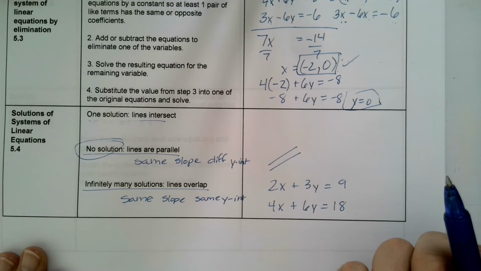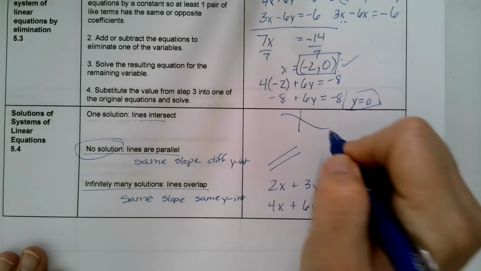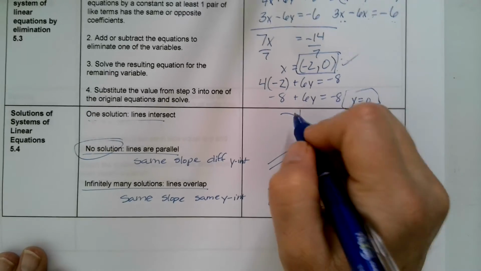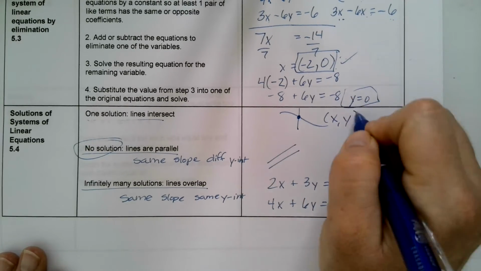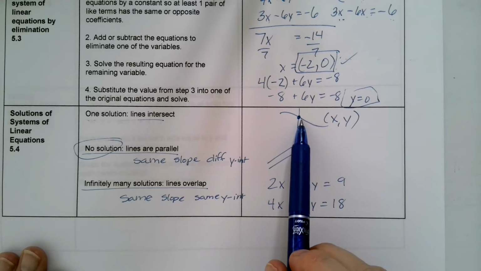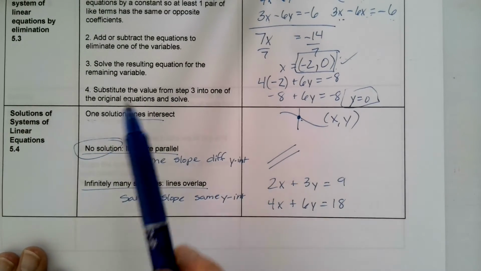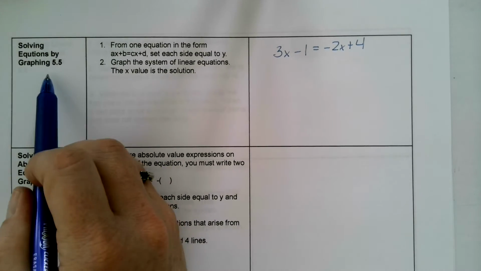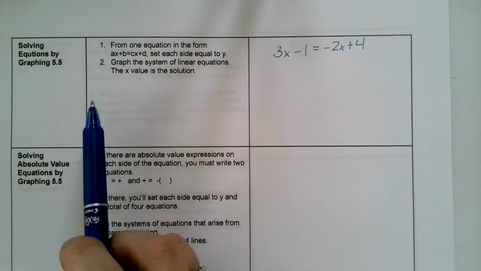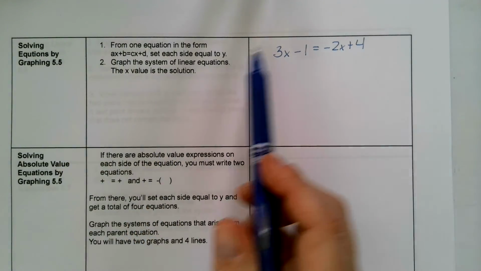Basically, if you have anything with different slopes, they are going to cross. And you are going to have one solution, which is the ordered pair x, y, where those two lines cross. And you can figure that out by elimination, substitution, or graphing. Now, this part, solving equations by graphing, is a little bit of a repeat, but the only difference is you're